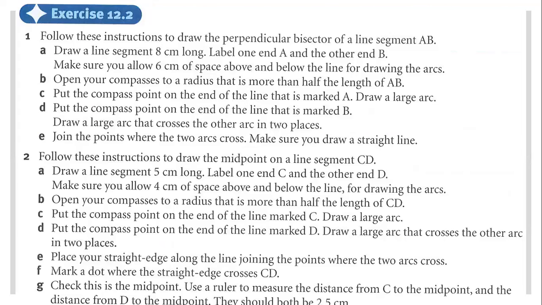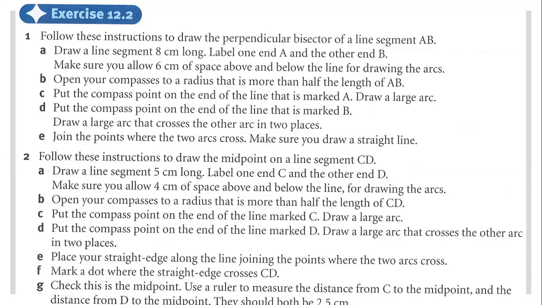Now let's follow these instructions to draw the perpendicular bisector of a line AB. Same like this, you can draw a line segment of 8 centimeters. Label the two points A and B. Make sure you allow 8 centimeters of space above and below the line you drew. If the line is 8 centimeters, you set the compass to 6 centimeters and draw the first arc like this, and another arc like this. With the help of this, you can easily find